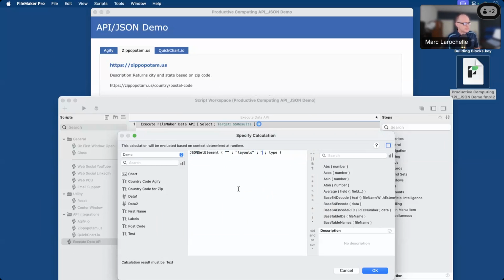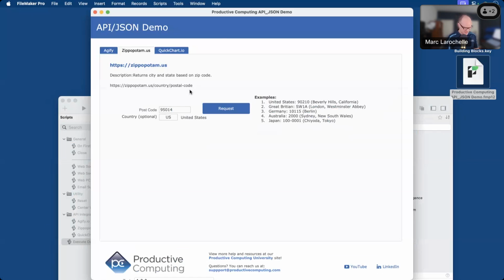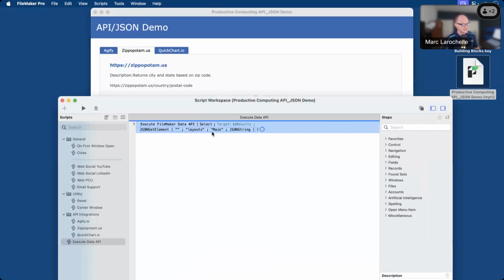The value is going to be the layout name. So let me just say main. I'm not sure what it's called. And then we need to just make sure it's JSON string. Okay, so that's what we're going to set there. And let me just double check. All right, the layout name is called main with a capital M, and it is case sensitive when working with